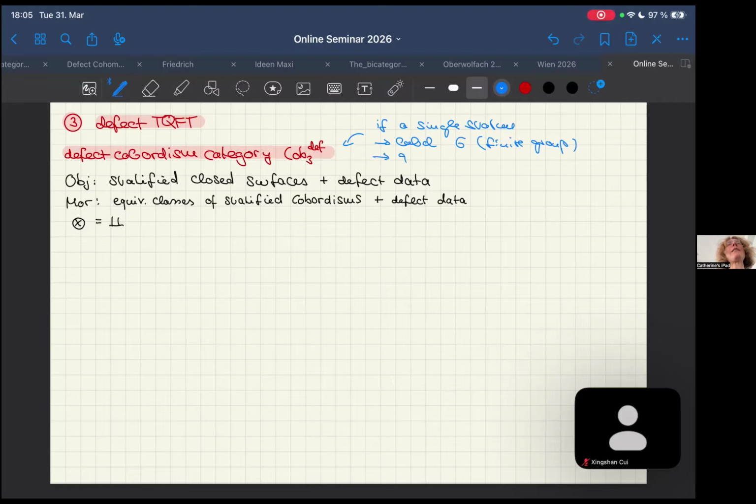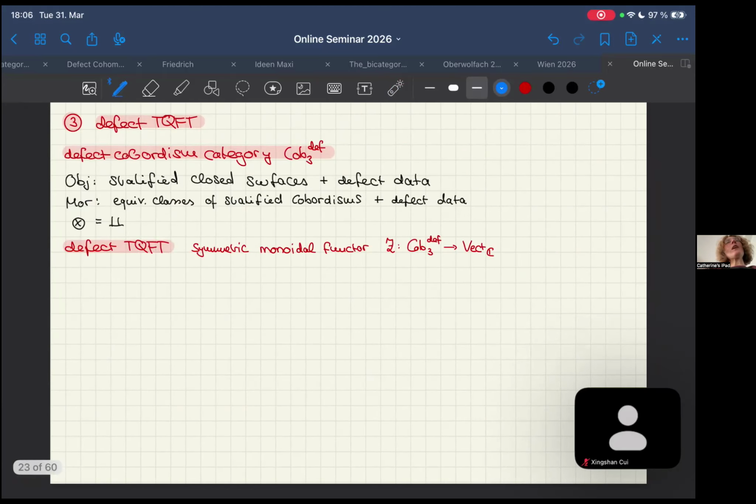And then you get back just the ordinary Dijkgraaf-Witten cobordism category, plus a choice of the data. So there it doesn't matter. You can say Dijkgraaf-Witten is just the cobordism category, or it's a cobordism category together with the choice of a finite group. Okay, so this is the defect cobordism category, and then a defect TQFT can be defined